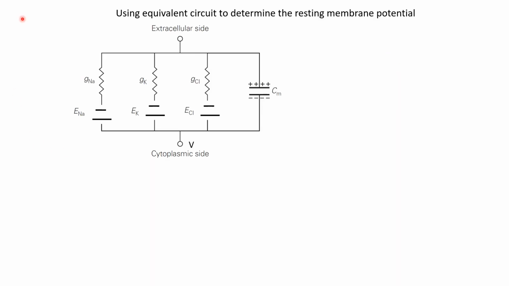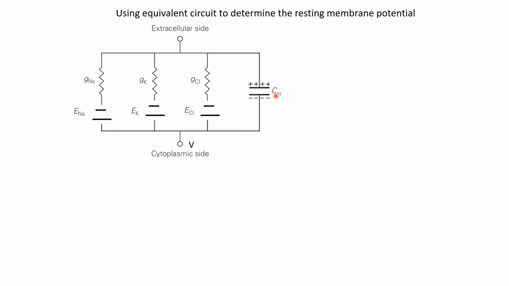Now let's find out what the final value of the membrane potential would be between ENA and EK. To find a formula for that value, we can use this electrical representation of the neuronal membrane. As we have seen before, we can represent sodium channels by the conductance or the resistance along with the battery for sodium, which basically reflects the equilibrium potential for sodium. Similarly for potassium and chloride also we can include if we want.